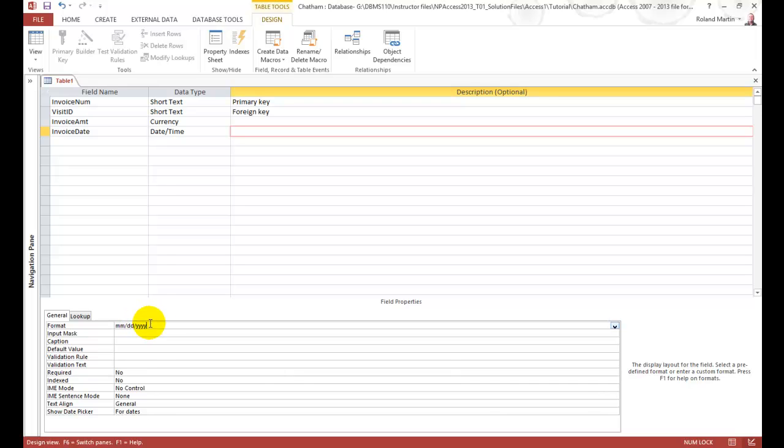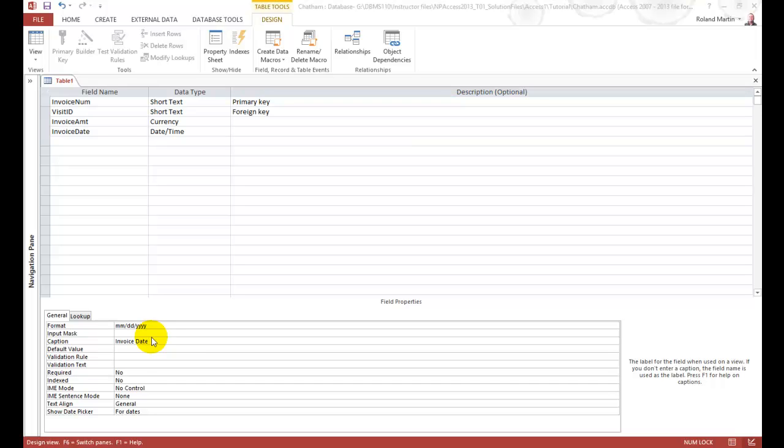MM/DD/YYYY. Now that we've got our custom format there, we want to go down to our caption and put our value of invoice date in here as 2 separate words. Hopefully yours looks just like that, so we can move on and do our fifth and final field for our billing table,